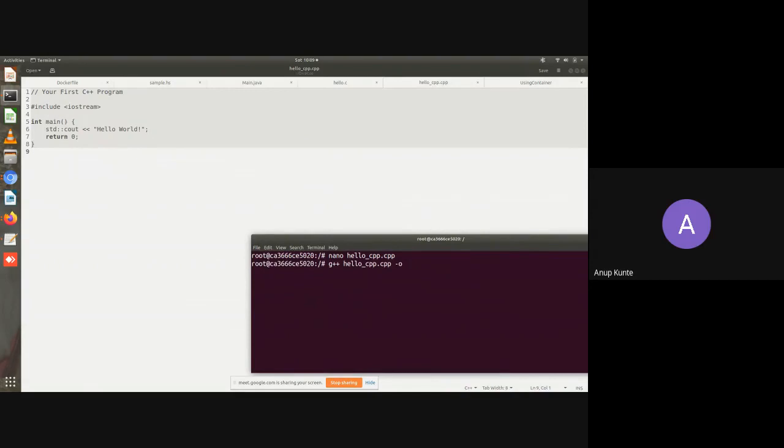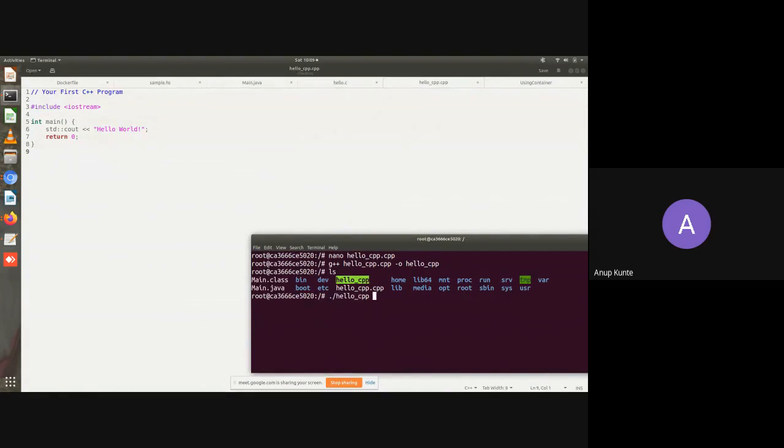You provide the output name for the executable that it produces, say hello, with -o. If everything goes well, it will compile and give you the executable file hello, which you can execute with ./hello. It prints hello world.